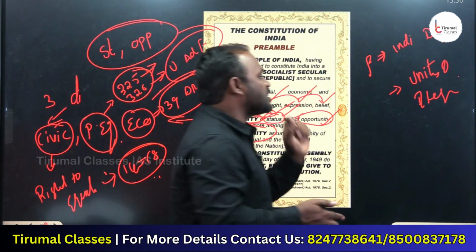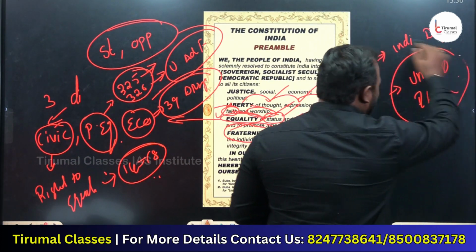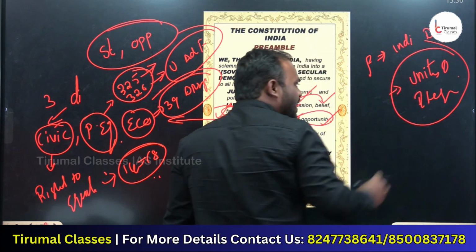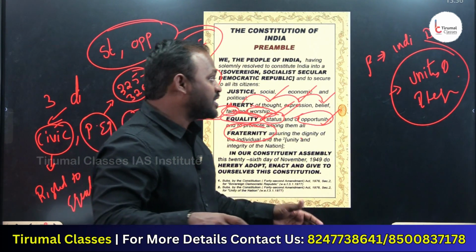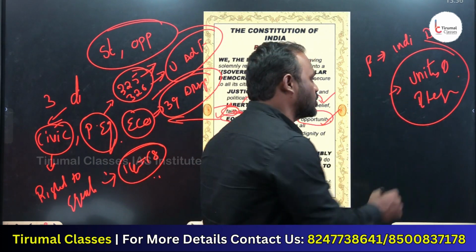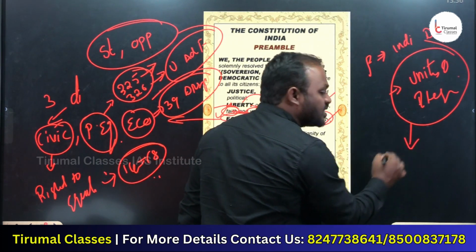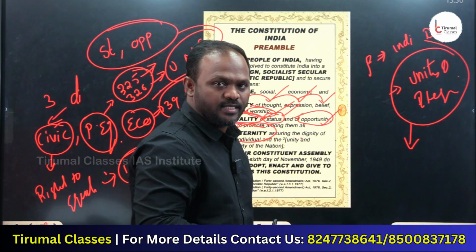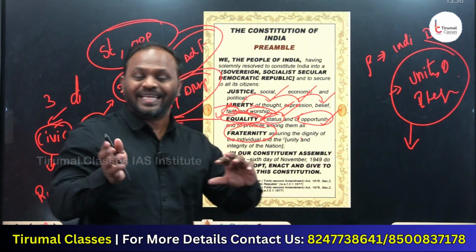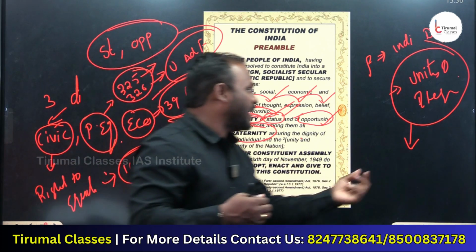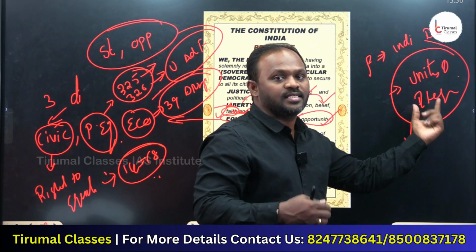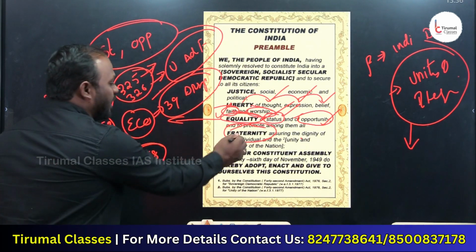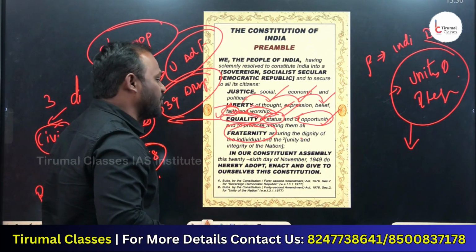But when I say unity and integrity of the nation, see, India is a land of diversity. Despite this land of diversity, we have unity and integrity because we have harmonious relations between various religions. Every religion will respect each other. Hence, there will be unity among the Indians, integrity among the Indians. Is it clear? That needs to be maintained by fraternity. Is it clear, everyone? Yes.